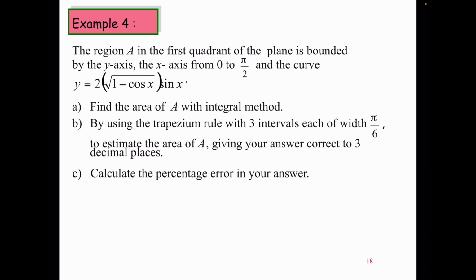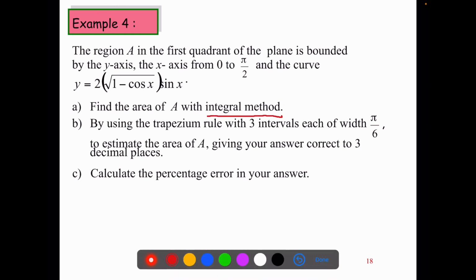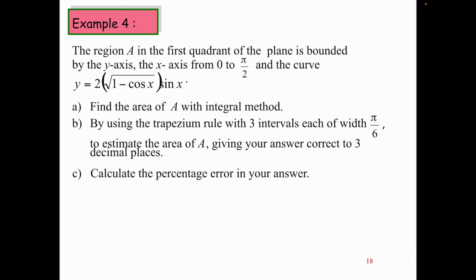Example 4. The region A in the first quadrant of the plane is bounded by the y-axis, the x-axis from 0 to pi over 2, and the curve y equals 2 sec(1 minus cos x) sin x. A, find the area of A with the integral method. Maksudnya, you kena integrate guna integration biasa. Okay, pakai definite integral. And then B, barulah by using trapezium rule with 3 intervals each of width pi over 6 to estimate the area of A, giving your answer correct to 3 decimal places, and then calculate the percentage